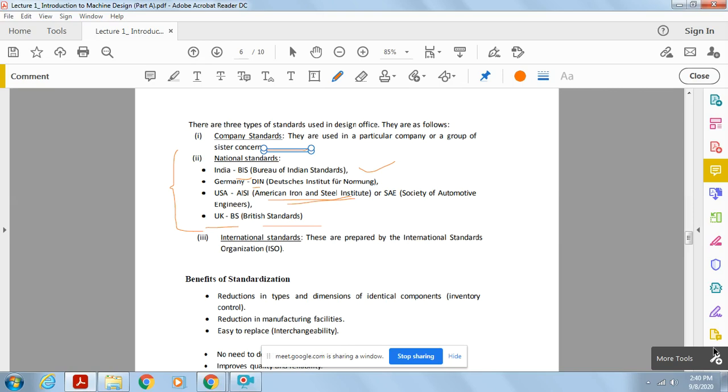Next we come to the international standard. International standard means that if you prepare your drawing as per ISO, the International Organization for Standardization, and follow its methodology, your drawing will be accepted globally. ISO gives you the protocol adopted by the International Organization for Standardization. If you prepare your drawing based on ISO, obviously it will be accepted globally. Now if you prepare your drawing as per the Indian standard, it may be accepted only within India.